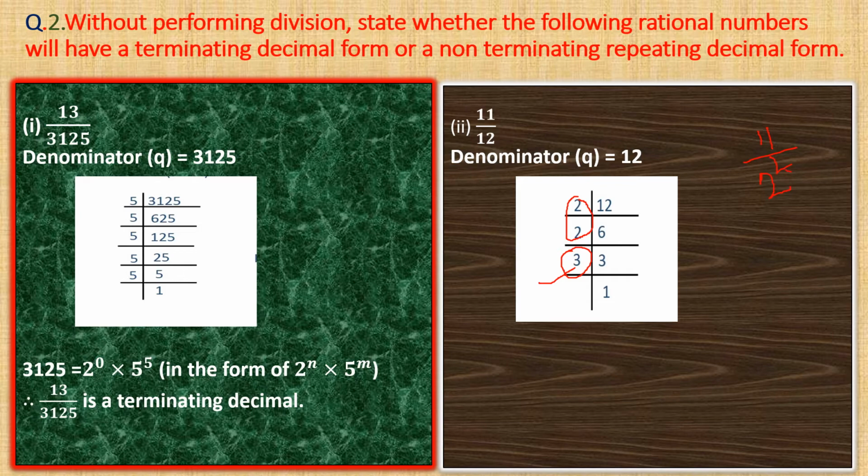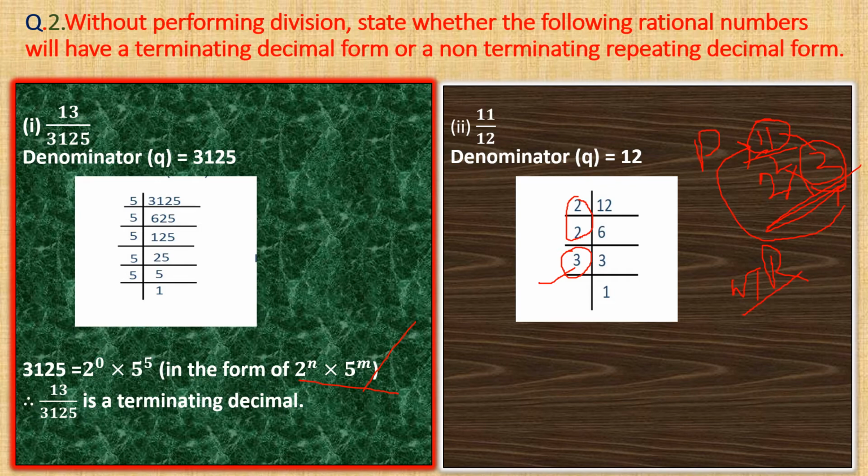So if you got another number here, apart from 2 and 5, you should check whether this is divisible with the numerator or not. Here I am having 11. 11 is a prime number, so it is not divisible. So as the denominator is not in the form of 2 power n into 5 power n, it is non-terminating repeating. Understood children? If you got another number apart from 2 and 5, you should check whether it is divisible with the numerator or not. If it is not, then you can write non-terminating repeating.